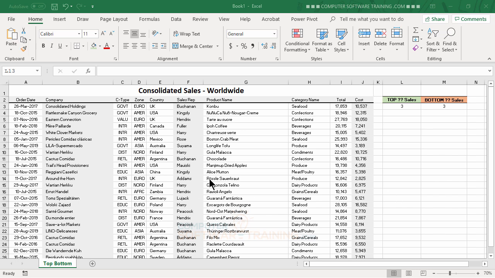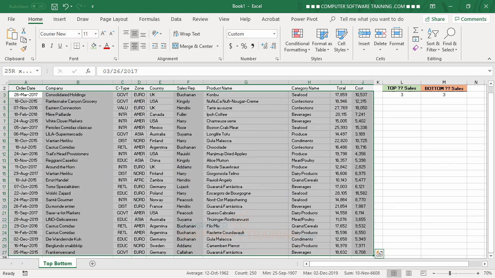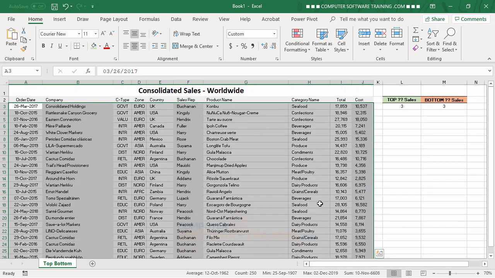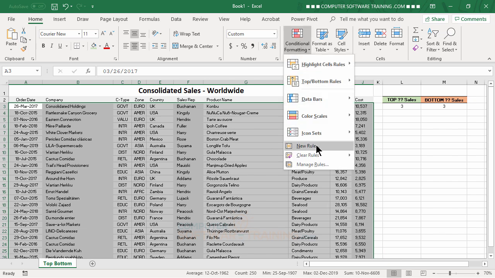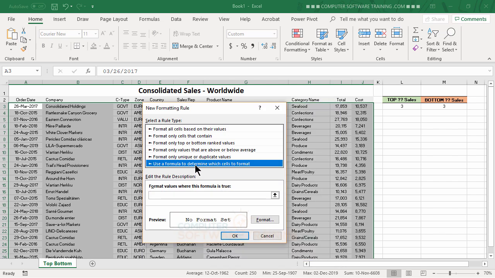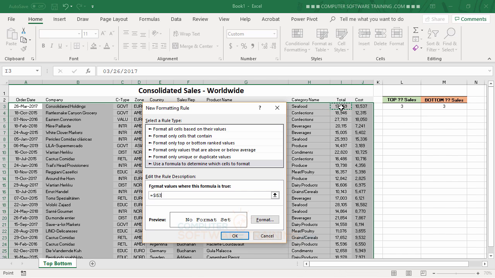So what we'll do here is we'll click on our area here, onto A3. We'll do a Control Shift right arrow key and then down arrow key. All right, then we'll go back into conditional formatting, new rule, use a formula, and now that formula is going to equal the starting cell right here, and of course we'll do F4 to get just the I with the dollar symbol in it, and then we'll say greater than or equal to,